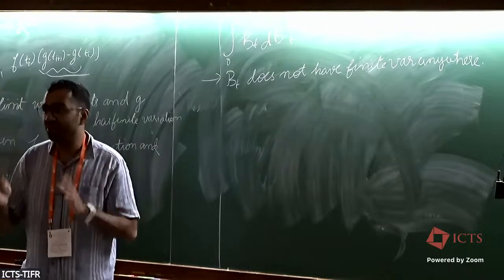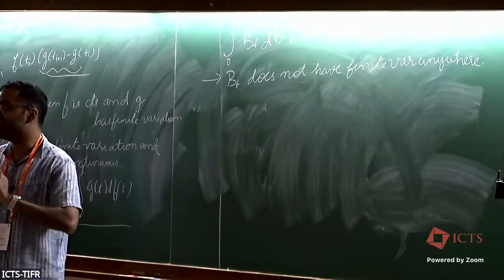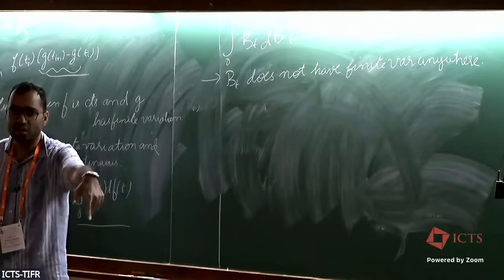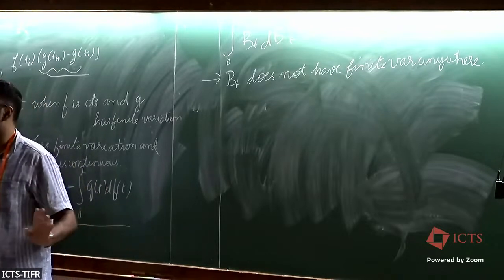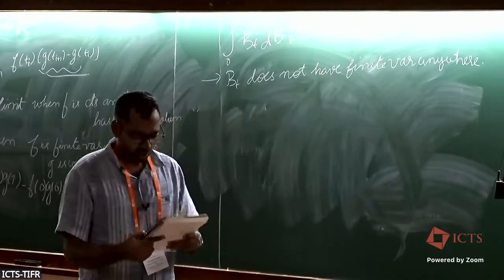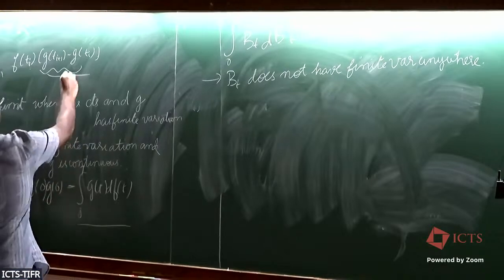We will not be defining these integrals for every path. We'll be defining this as a random variable. It converges to it in L2. But if you tell me what the value of this is at this omega, I won't be able to tell you, right? So that is sufficient for our purposes to solve this kind of an SDE. Okay. So now let's try to look at this Stieltjes integral. We'll be inspired by this.